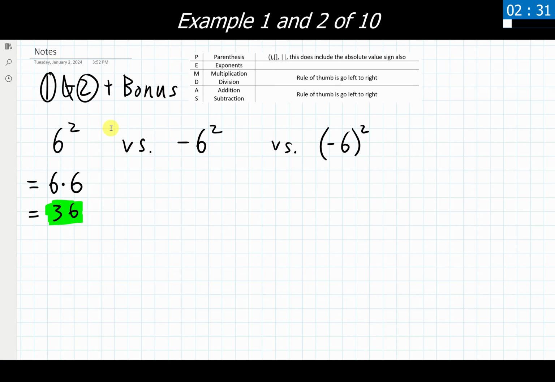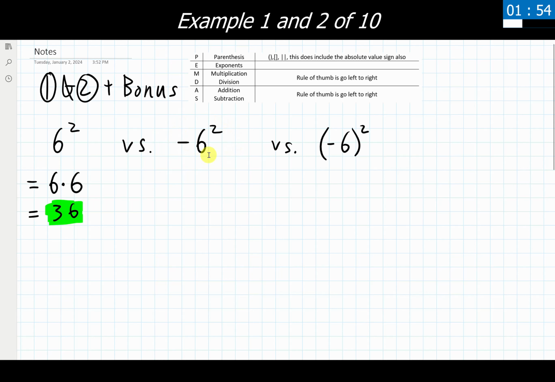Now, the tricky part shows up with our second example and this bonus example, specifically when it comes to working with this negative sign and the exponents that are here. When we are looking at this, we want to make sure we're being very careful with what is the base and what does that encompass as being affected by the exponent. If we look at our second example right here, negative 6 to the second power versus the quantity negative 6 all raised to the second power.